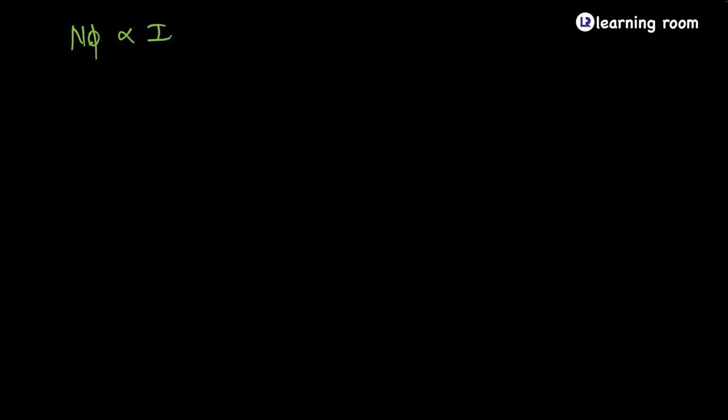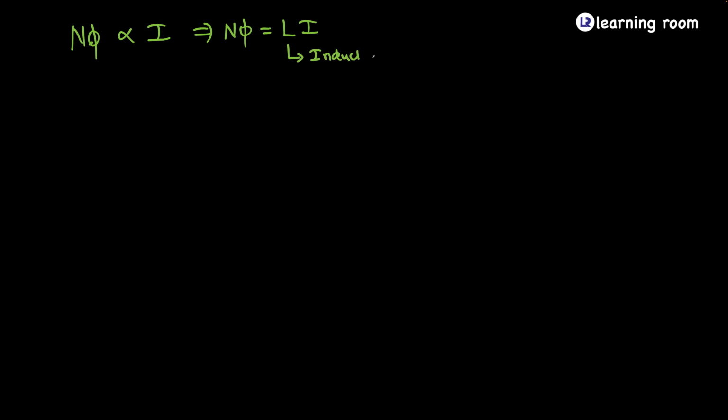So this current is the one which is supplied by the battery, not the induced current. So N into phi, can I write it as directly proportional to I? If I remove the proportionality symbol, I need to introduce a constant. And the constant that I'm going to introduce is called L. And this L is called